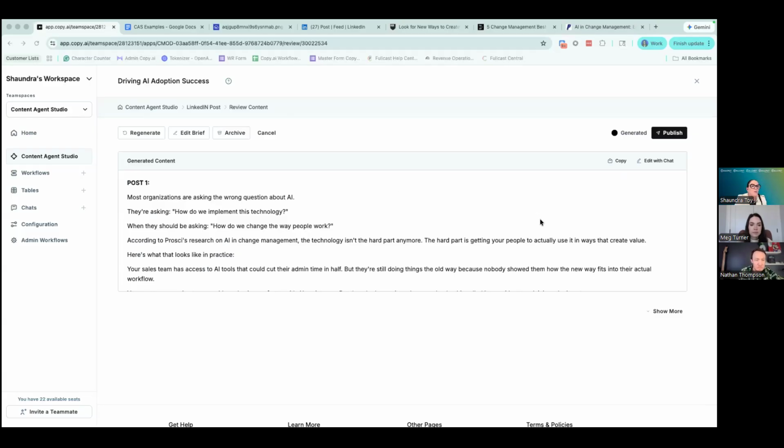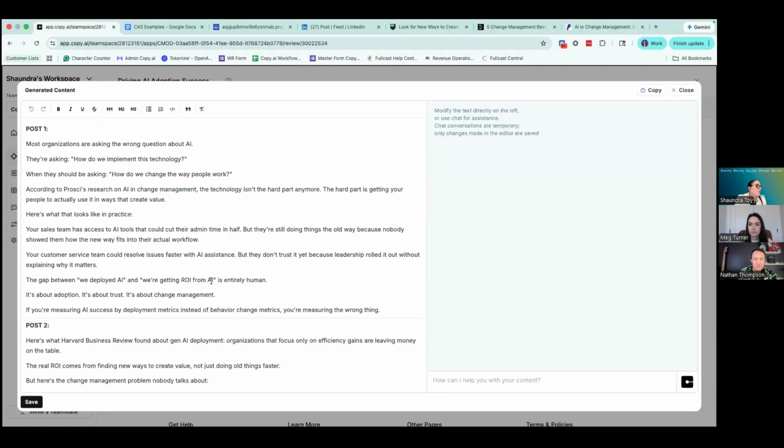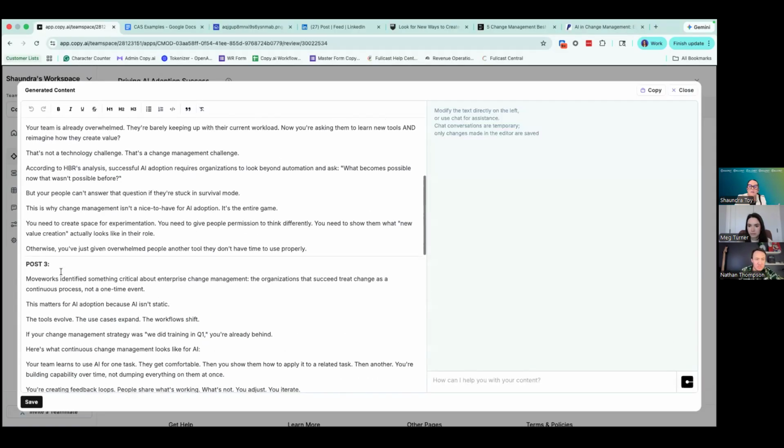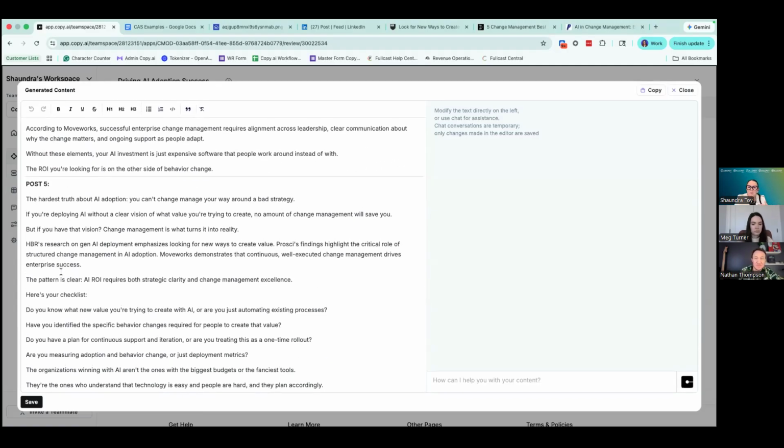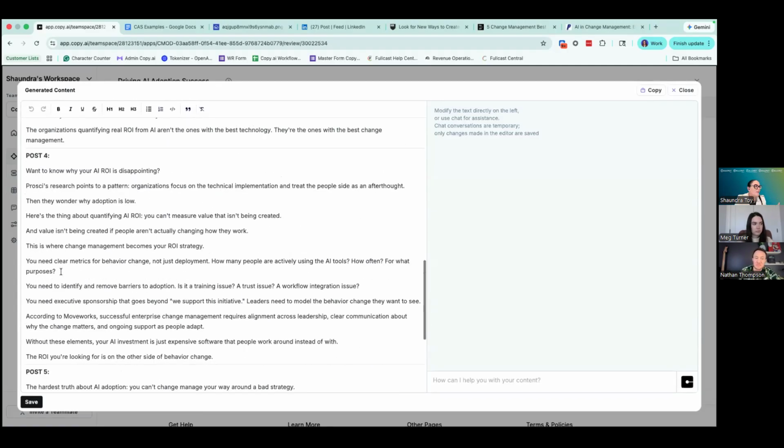So to view the results, we can go ahead and edit with chat. And when I open that up, I get to see a number of posts. Now you'll notice there's 5 posts in here. That's because I've set mine up in the advanced settings to automatically generate 5